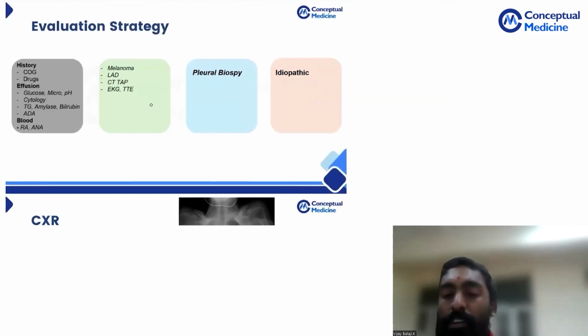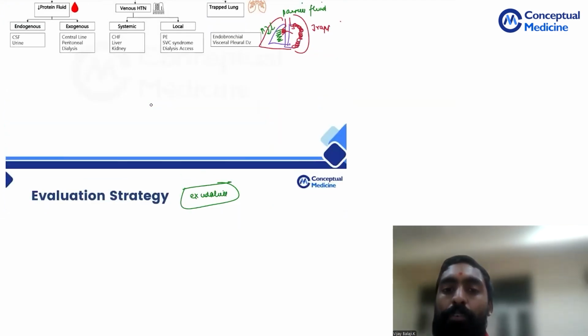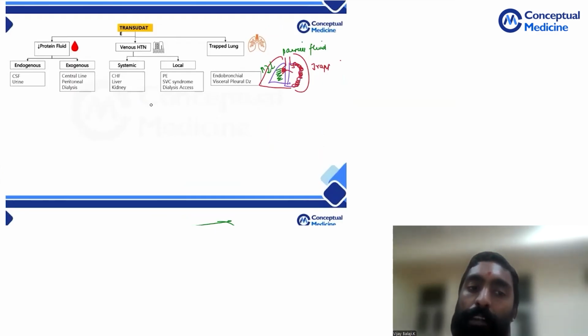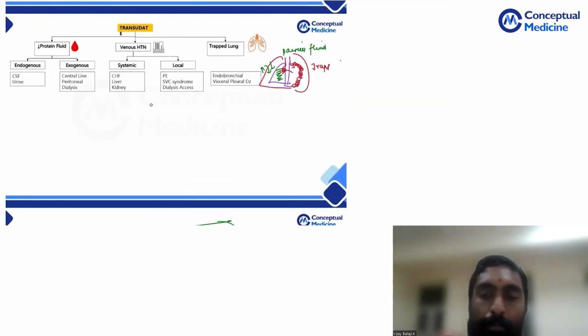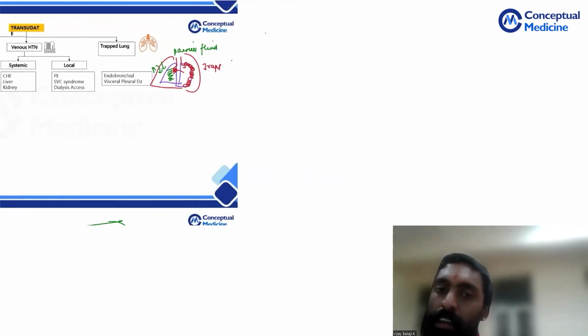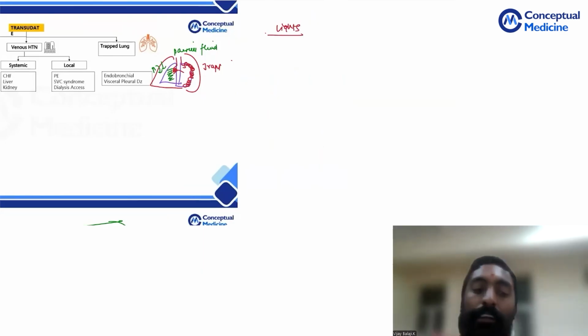Next, how are you going to evaluate, especially if it is an exudative effusion? If it is a transudate, it is a low protein fluid. So how are you going to say it is a low protein or a high protein fluid? This is based on Light's criteria. So what did Light say? He was an intern and he gave this criteria. What he said was,